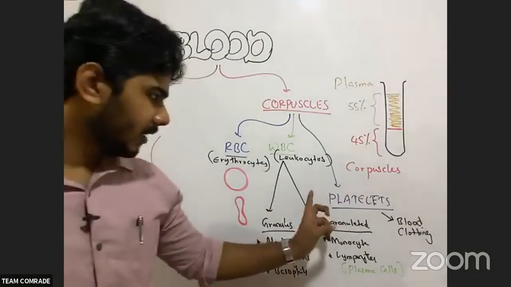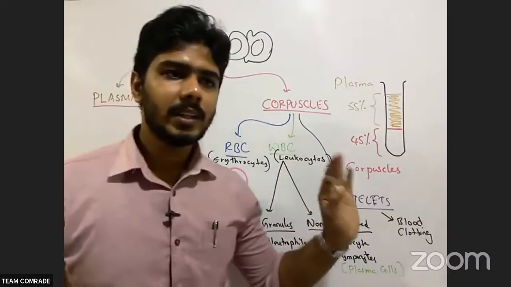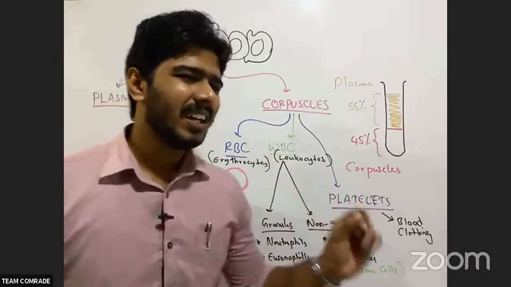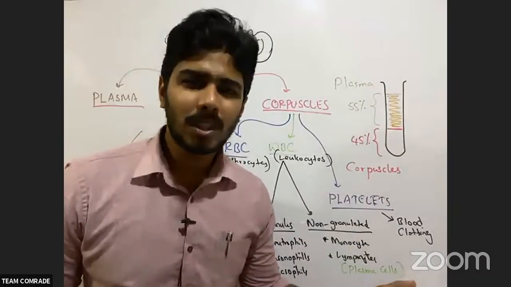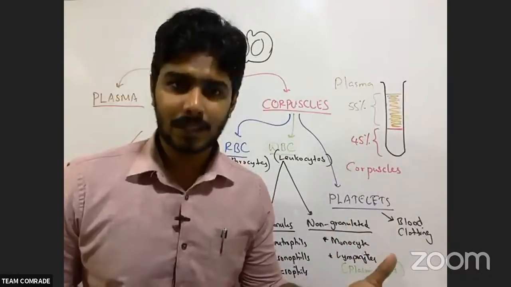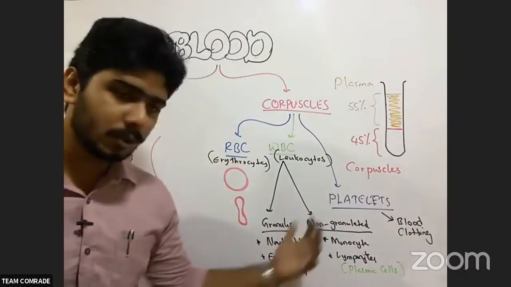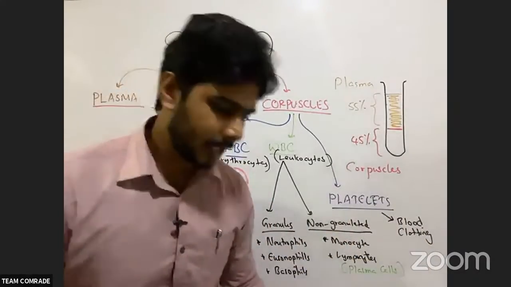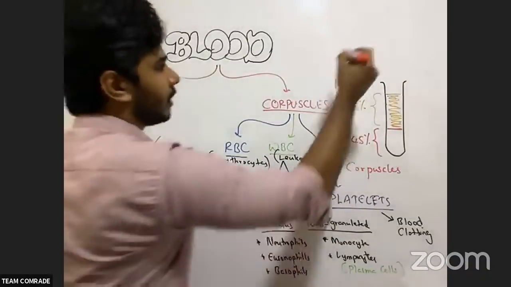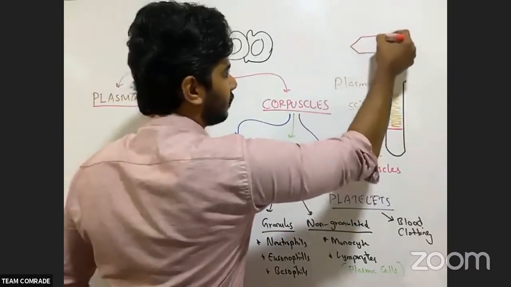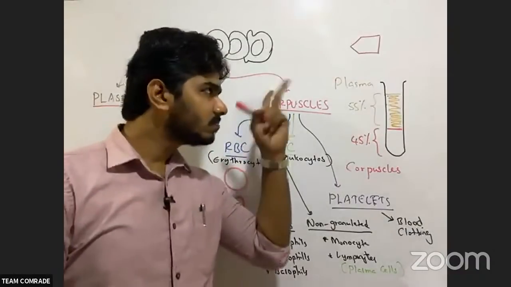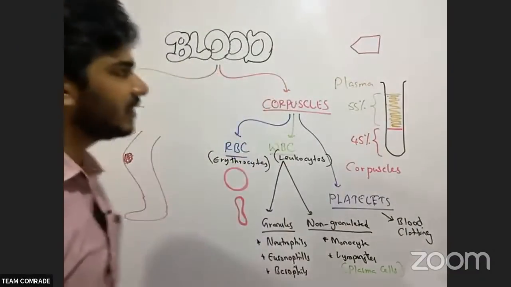And the other thing, WBC is the right protector of our body. Okay, normally we can see WBC in 1 cubic millimeter, it's like 4,000 to 11,000 cells only. But these are the protectors, especially plasma cells. The others are also the same, right? Plasma cells, what happens, right? When an antigen comes, antigen means the microbes or something, when something like this comes, the plasma cell goes nearby.